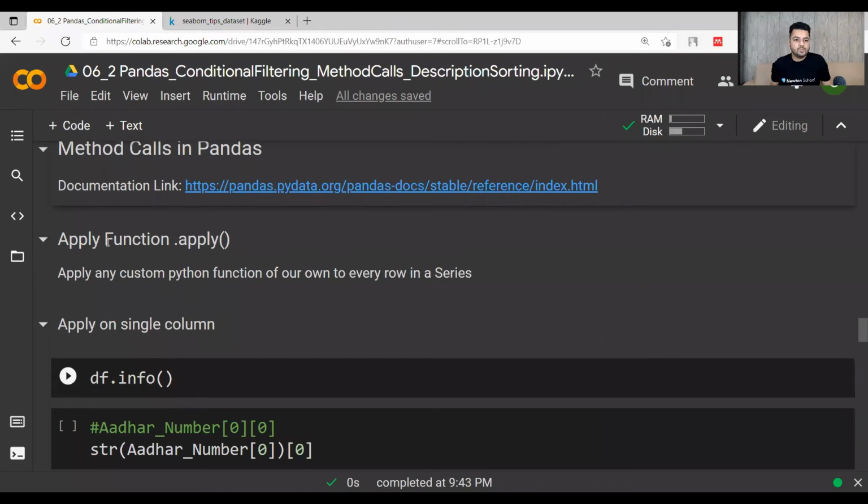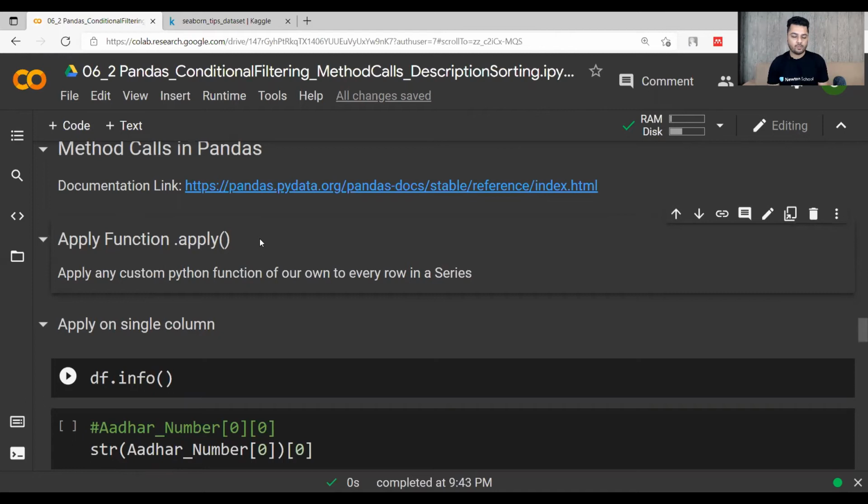So let's use this apply function. Generally, the apply function helps us use a custom Python function over a series or a data frame. If I make my own custom function, I can pass a value and get an output for it, if I pass one or two values, or maybe in a for loop.